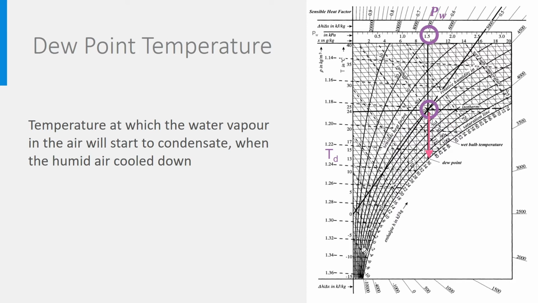What we call the dew point temperature is the temperature corresponding to the intersection of the line of constant absolute humidity with the saturation line, here therefore. It is the point at which water vapor starts to condensate, meaning that liquid water appears. In our case, it corresponds to a temperature of Td is 13 degrees Celsius. Please also note that all points on the line of constant absolute humidity do have the same dew point temperature, whatever the original temperature was.